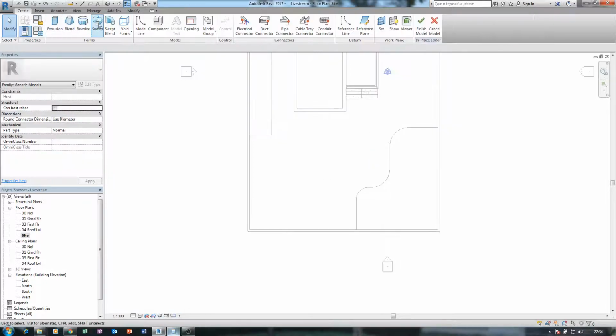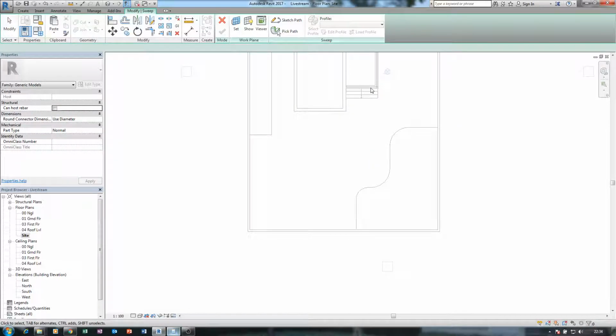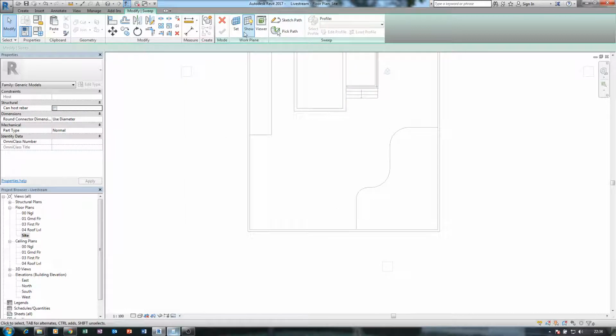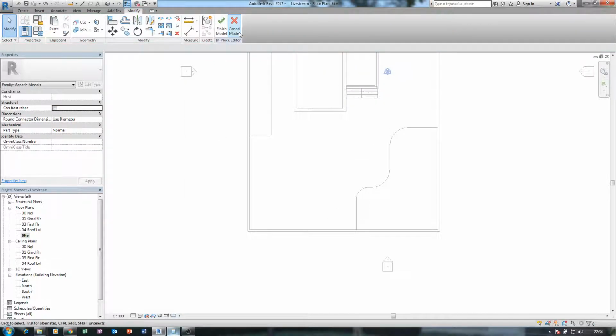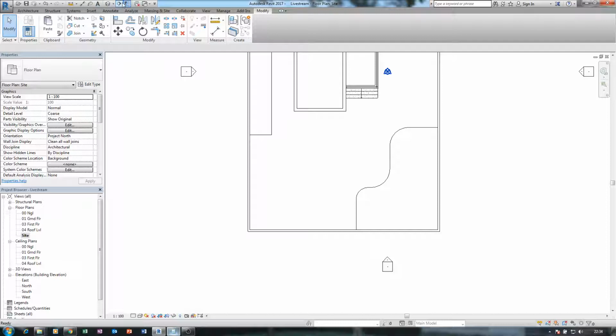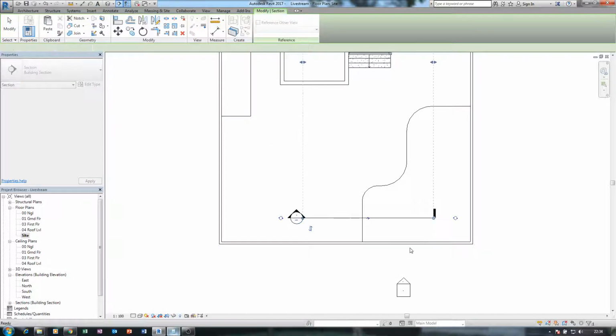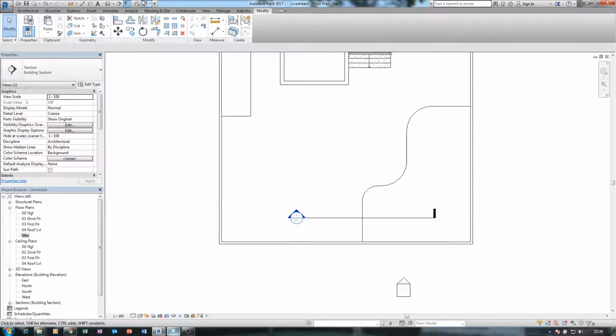So for this, I'm going to use sweep, sketch the path. Okay, before I do that, I'm going to cut a section through here. So this way I will draw the profile of my curb. And here we are.